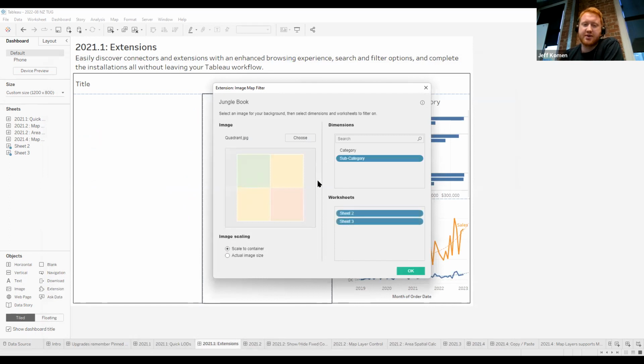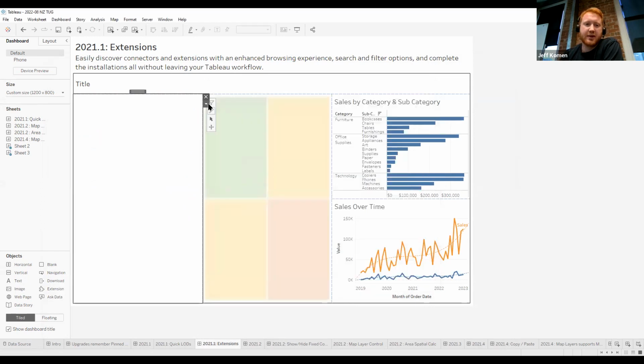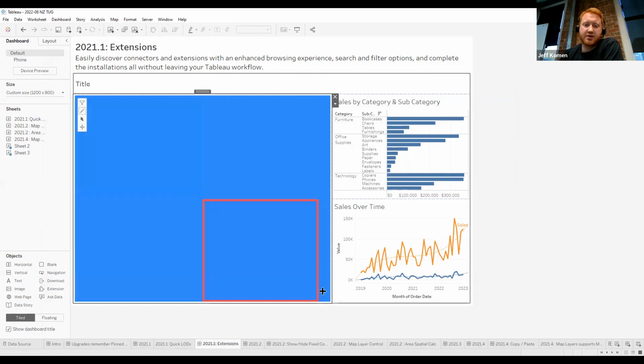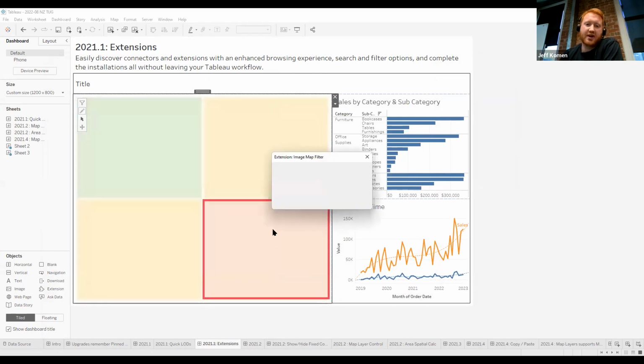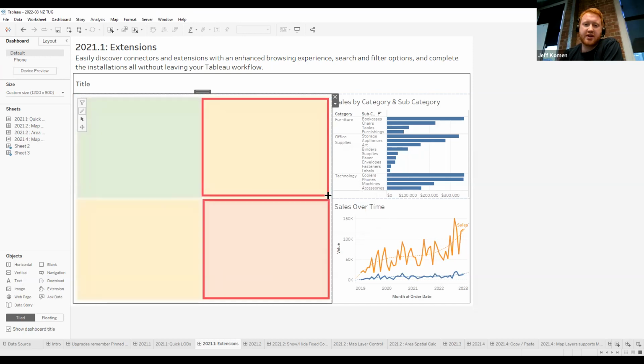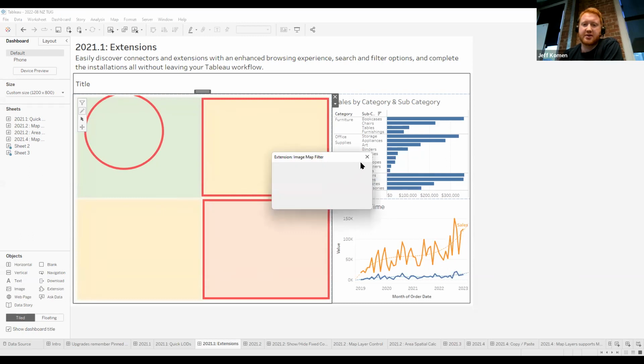And what we're saying here is that when we take an action on this image, we want to filter by this, take an action on subcategory in our workbook, and we want to affect these other sheets. So when we do that, we can then say, well, this particular quadrant here on our floor plan or on our body, if we're doing physio analysis or something like that, we could say that belongs to accessories. We could say that this one up here in our image, we want that to filter on tables, for example,